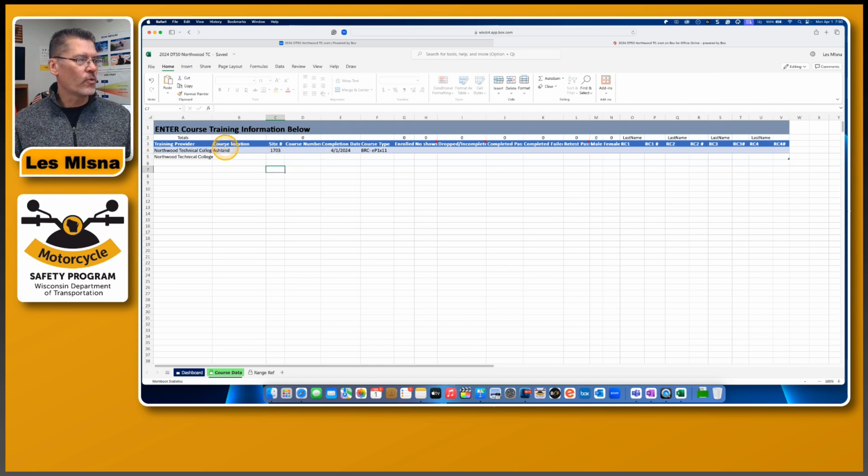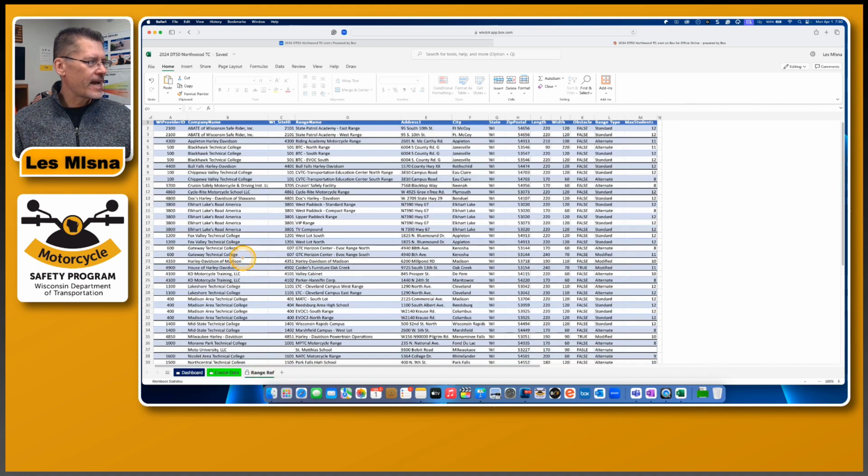Once you enter it once, like Ashland, Superior, Rice Lake, as in this example, those numbers you only need to find once if you don't remember them. And then as you type them down below, you've got a quick reference all on the same page. So that's the only reason I put these range references in there, so that the school sees that they